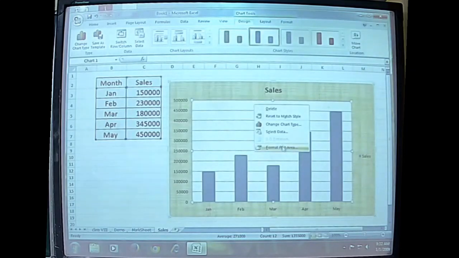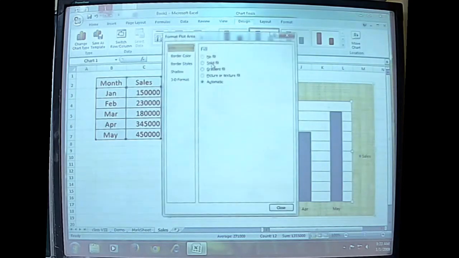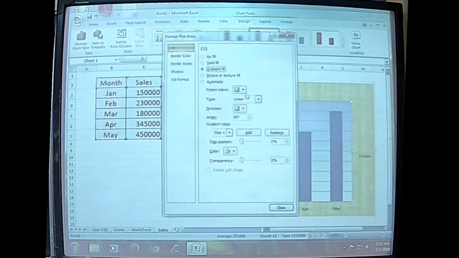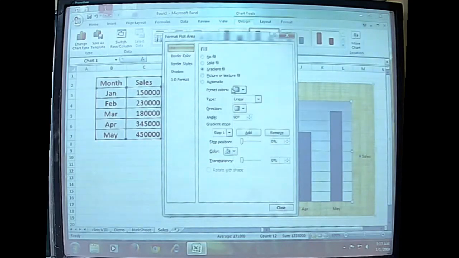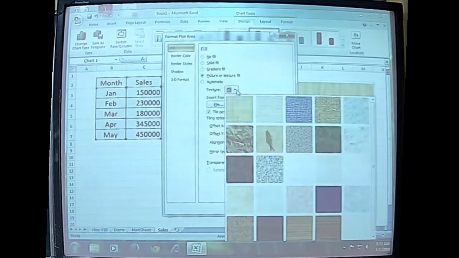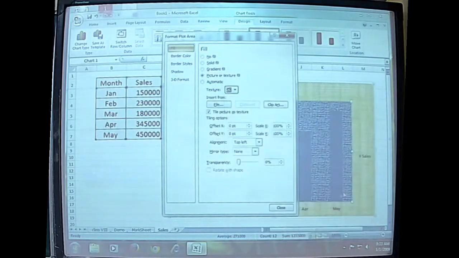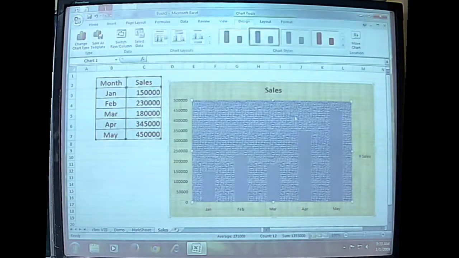Now here also, format plot area. This is called the chart area and this is going to be the plot area, in which we will try to use another type of predefined picture or gradient fill. So a texture can be applied here. Now see, this is the plot area and this is the chart area.